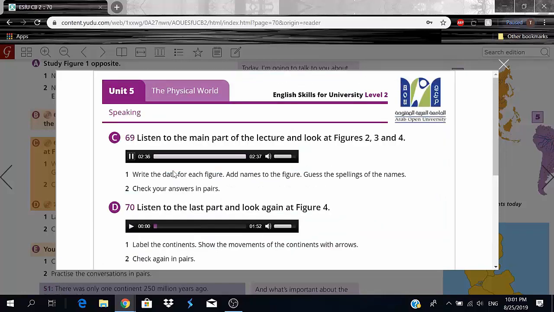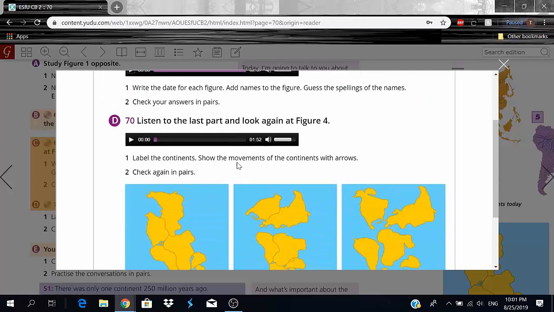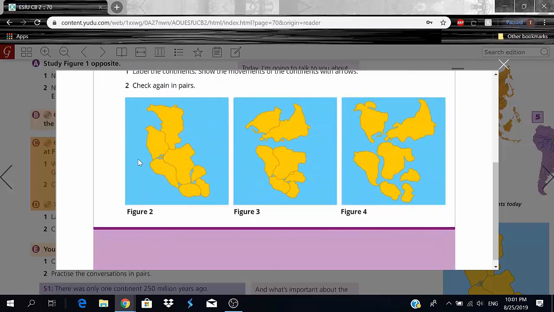Alright, so that was the audio that we needed to hear. So before moving on, let's hop to figure 2 here. So can you guys tell me the date in which the continents of the world looked like this? That's correct. That was 250 million years ago. That is a really long time. So 250 million years ago, it was one continent and it was called Pangaea.